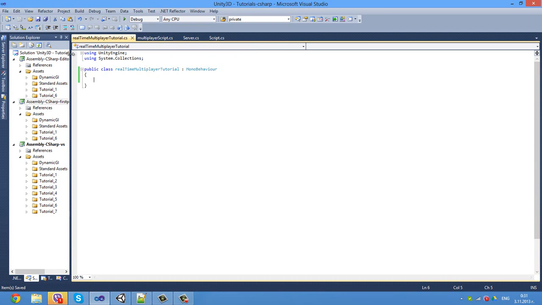Okay, now as we're making a multiplayer, we will need a couple of strings. I mean, I'm going to use only a single string for the map name because I want to make this tutorial as simple as I can make it. And also we're going to use some host data variables and an integer for the level prefix. So let's begin with the public string that I call mapName, also a public int that will be the setLevelPrefix, and